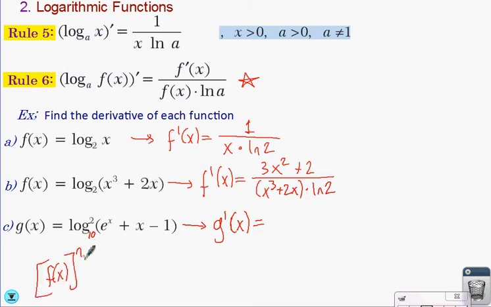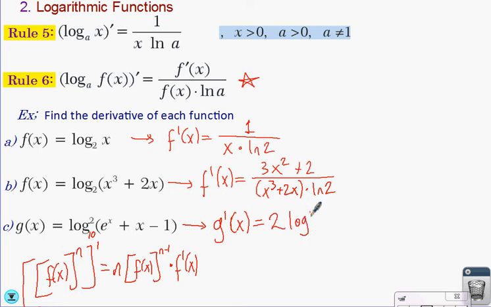If you have such a function and want to take the derivative of that function, we call it the general power rule. You move the power before, then inside the parentheses f of x is the same, and decrease the power, then times the derivative of the inside part. So now we will use that idea in here. We will move this power 2 before the logarithm, 2 times log base 10, and the power will be 2 minus 1, 1, no need to write, and then inside the same function as it is,